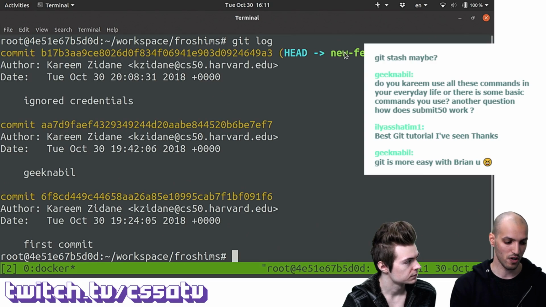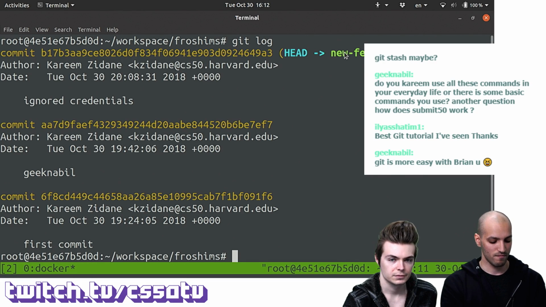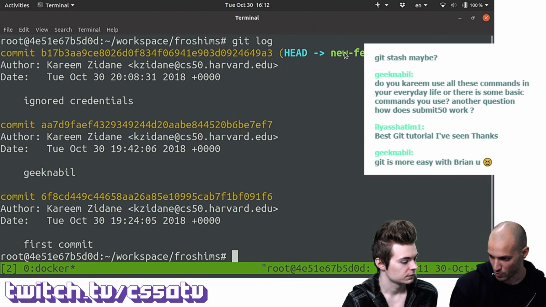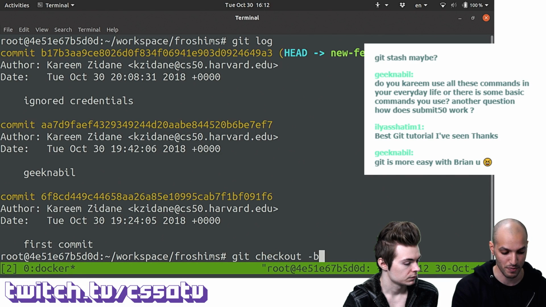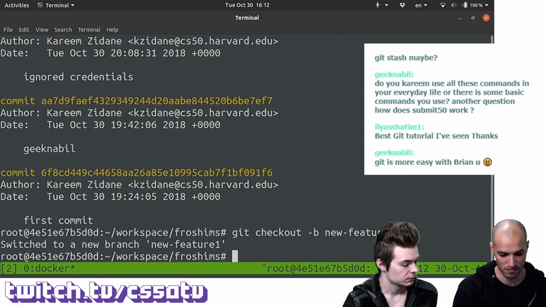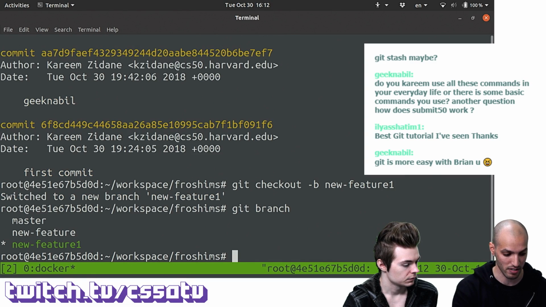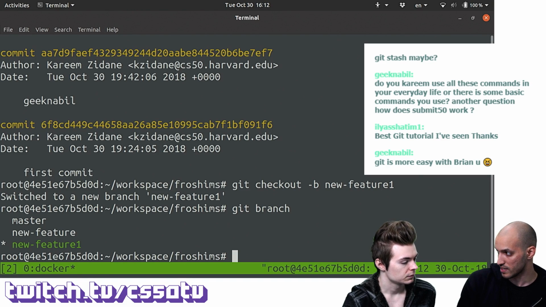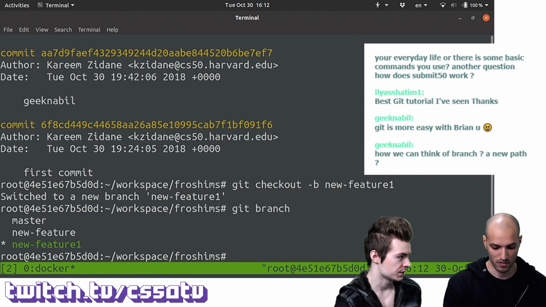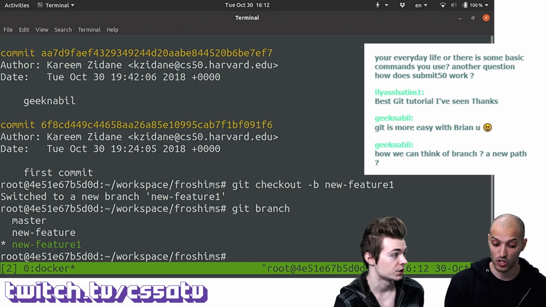Makes sense. Okay. Now, you might find it a little bit boring to use 2 commands to create and switch to a branch. Usually when you want to create a branch, you want to switch to it immediately. So the way to do that is using git checkout -b, a flag that influences the behavior of git checkout in this case. Let's call this new feature 1. And now if I do git branch again, I actually created new feature 1, as you can see, and switched to it immediately. Cool. So any features now that you write in new feature 1 aren't going to necessarily be in master or new feature, just new feature 1?